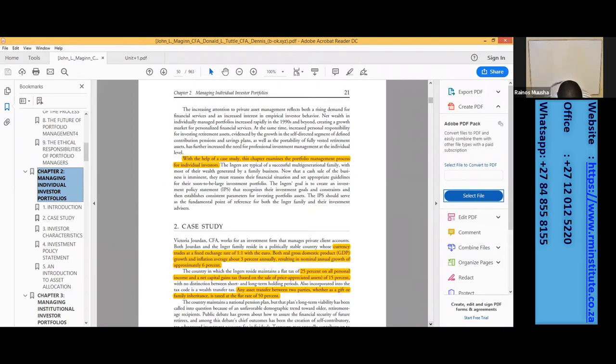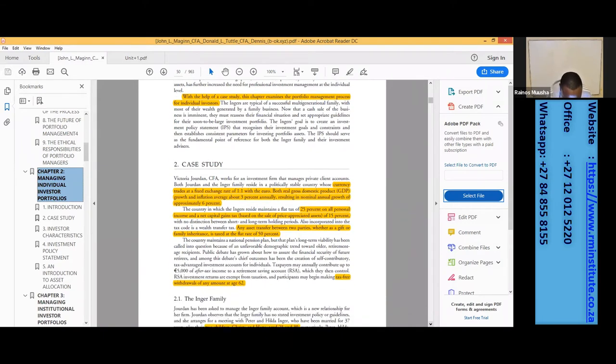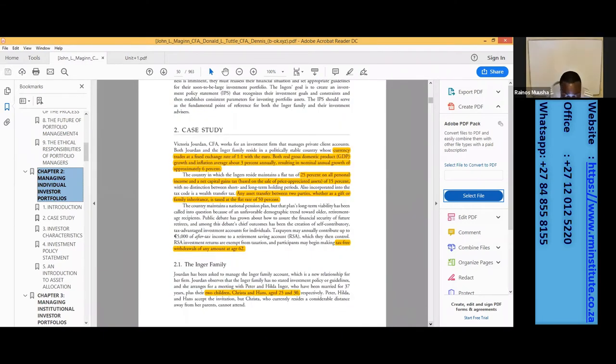So before we go on to understanding how to prepare the investment policy statement, we need to go through the information that is relevant for the family that we're going to be analyzing. In this case, it's called the Inga family. So if you check under section 2, where we look at the case study,